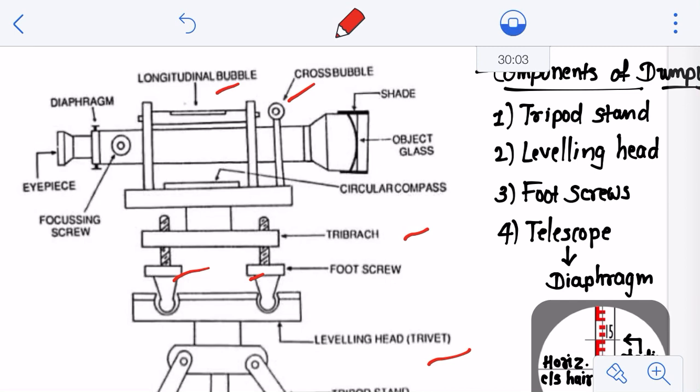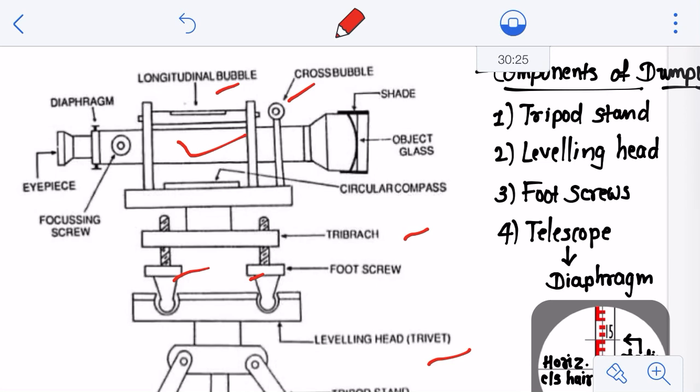The next one is known as a telescope. Telescope is something you can see here, on this side. You can see this telescope here, that means this one is termed as a telescope. So the telescope generally consists of two metal tubes, one moving inside the other, and it also consists of